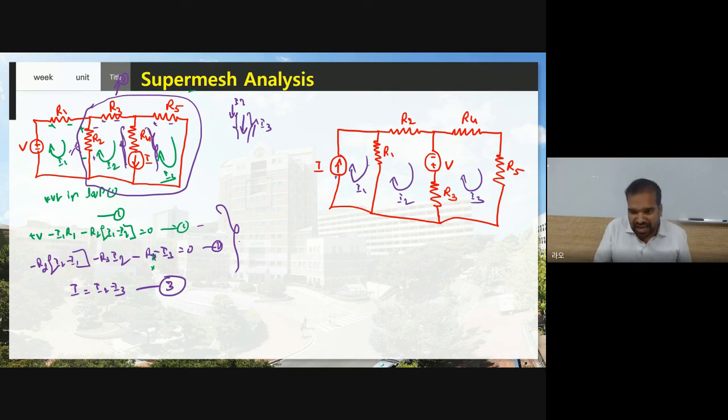Now see, from this current source, can I write I1 equal to I? Why? Previously the current source was equal to the difference between two loop currents, two mesh currents. But here this I1 is what? Not shared with any other loop current, right? Therefore I1 equal to I. This is my equation 1. If you apply KVL in loop 2, then you will get equation 2. If you apply KVL in loop 3, then you will get equation 3. Once you solve equations 1, 2, 3, you can find I1, I2, I3 by using Cramer's rule. This is all about super mesh analysis.